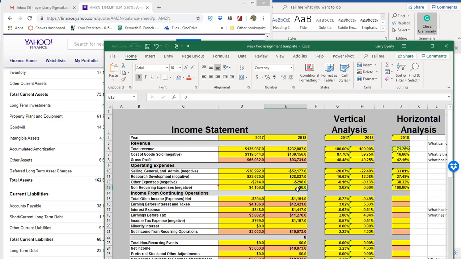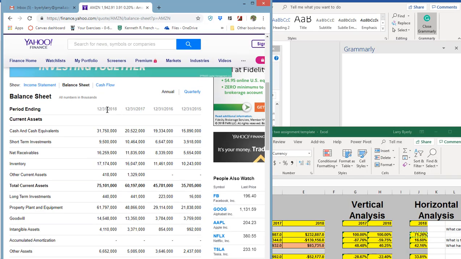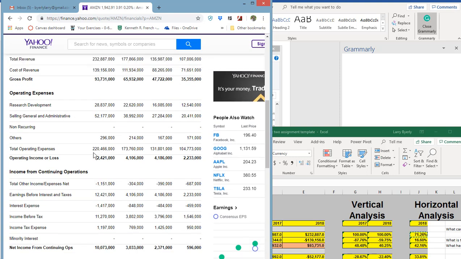Again, look, this is the beauty of this. We need to go back here to the income statement and see what I did wrong with that income statement. Sometimes you just do things wrong. Sometimes you just click on the wrong number and you don't see it. So let's look at the non-recurring expenses for